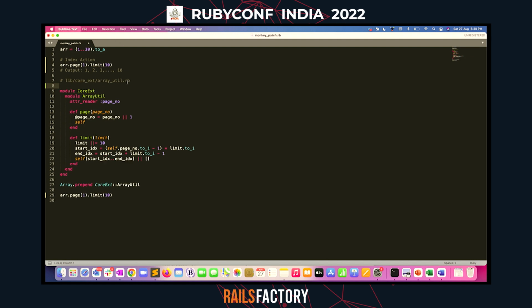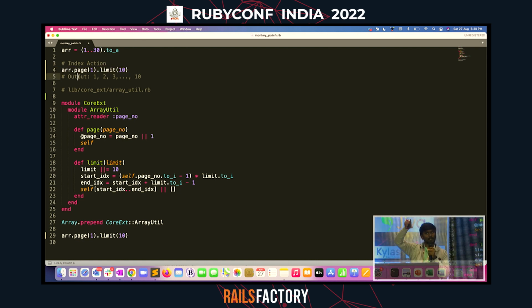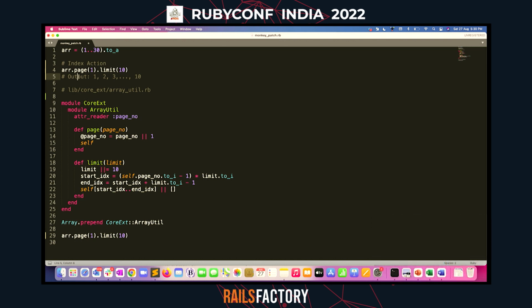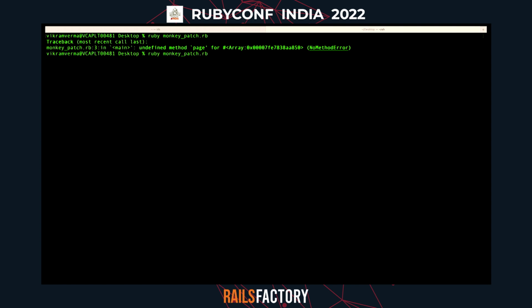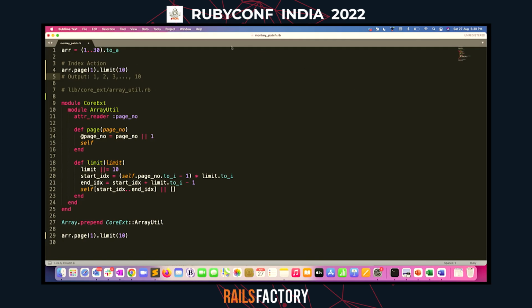So I have an array. I wanted to do something like this. I wanted to call a method called page and pass the page number and then the limit, which is how many entries a page can have. That is what the first expression does, and the expected output is 1 to 10 because the array is 1 to 30, and I'm fetching the first page. So you will see this error called undefined page